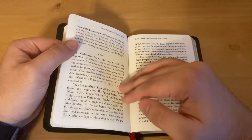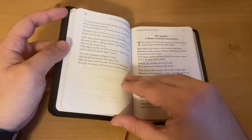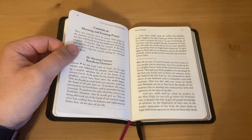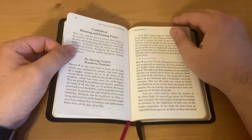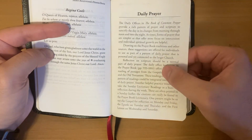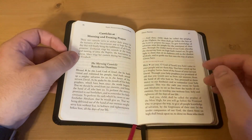But if we're talking about what is the best book for a Western Rite liturgical Christian, I would say let's take a look at the daily prayers that they offer, the liturgies that they offer, as well as what types of devotions they offer, and maybe some of the translations. So daily prayer, this has an explanation as to what daily prayer is and references the Book of Common Prayer, this 1979 version specifically. So for those of you who do not like the 1979, which may be many of you,